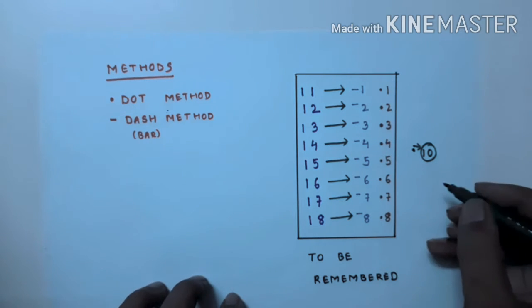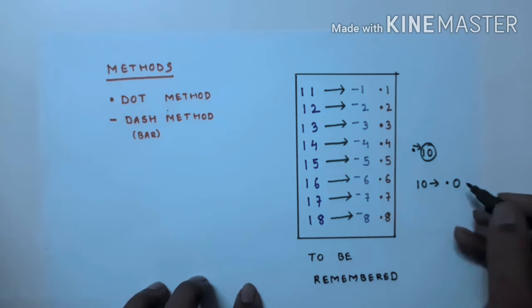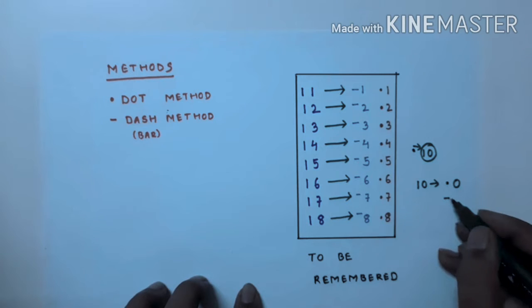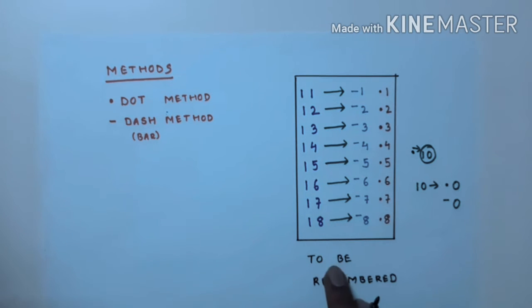So like this, to write 10 using dots, you can write dot 0 or else dash 0. So this one you have to remember. So for 11 it will be dot 1, for 12 dot 2, 14 dot 4, 17 dot 7, 18 dot 8. Now we have seen why up to 18 we have done. As we have seen earlier, the highest two-digit sum we will get is 18 when you add single digits. So using the 25 combinations only, we will add as many numbers as we want. Okay. So let's see now.